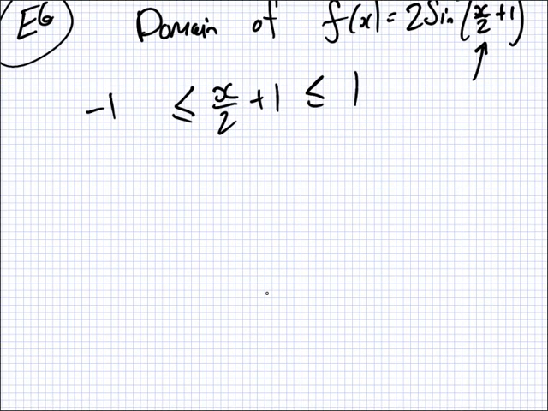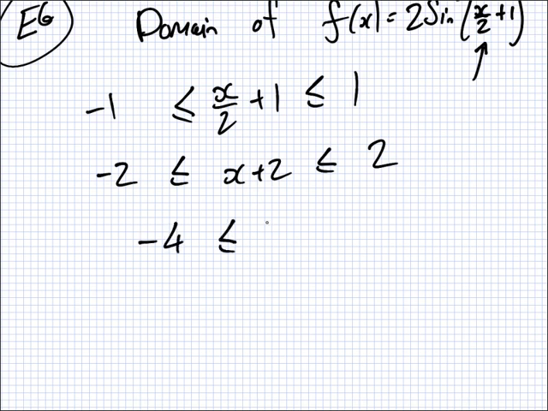How do we solve this? You could split it, but I like to keep it together. We'll multiply it by 2. So we'll get -2 less than or equal to x plus 2 less than or equal to 2. And then what do we do next? Minus 2 onto everything. So we get -4 less than or equal to x less than or equal to 0. So the domain